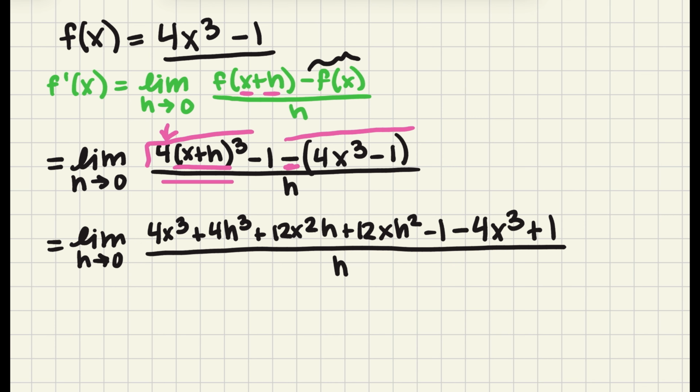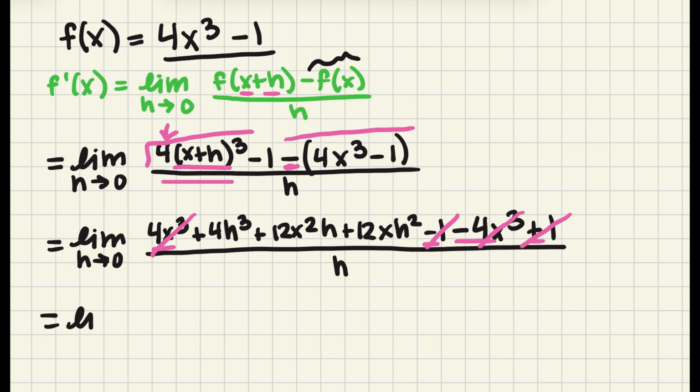Okay, so we have a positive 4x cubed, a negative 4x cubed. Those would get rid of each other. We have a negative 1, a positive 1. Those would get rid of each other. And there is no further way to simplify this, so we're just going to